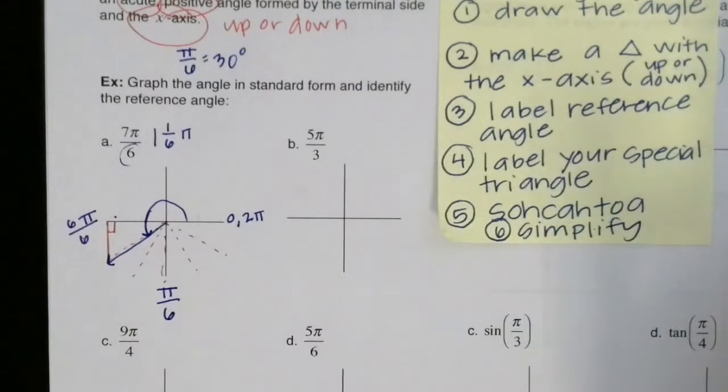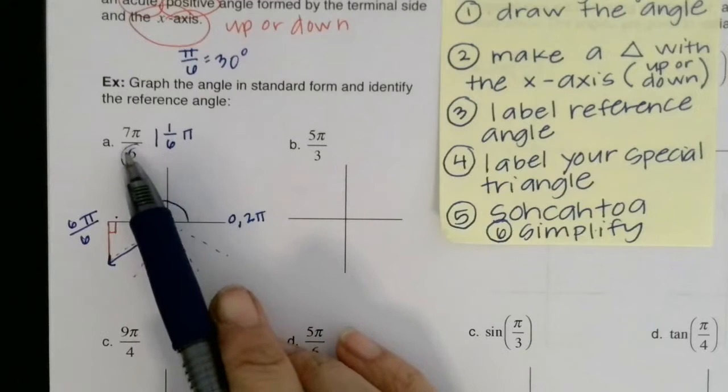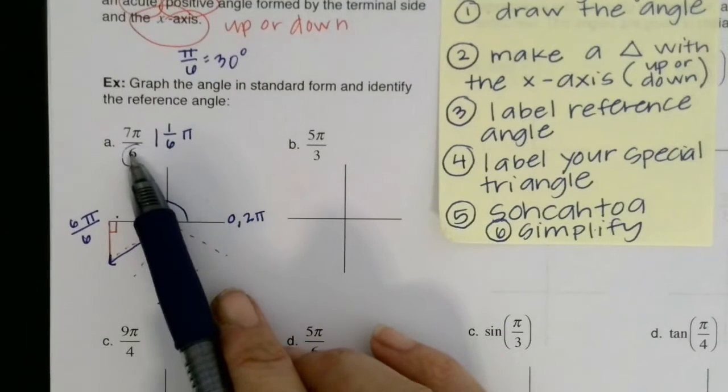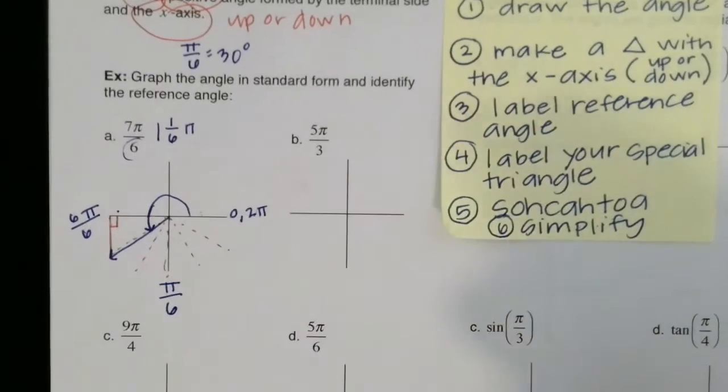When we go to evaluate, if you want to think of pi over 6 as 30 degrees to help you label your special triangle, it's totally fine. But when you're asked a question about the reference angle, if the original angle is given to you in radians, then your reference angle needs to be reported in radians. Okay,